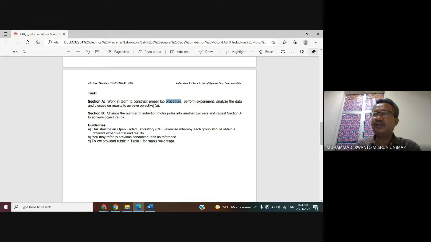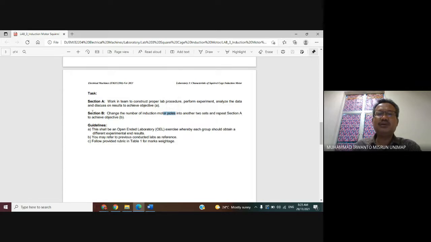What is objective A? We want to observe and analyze the characteristics of induction motors. Section B: change the number of induction motor poles to another number and repeat section A to achieve objective B.